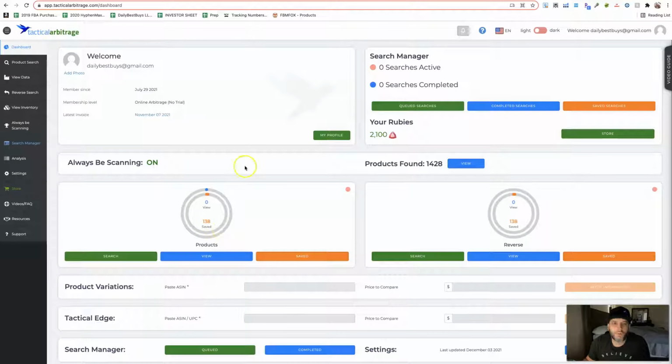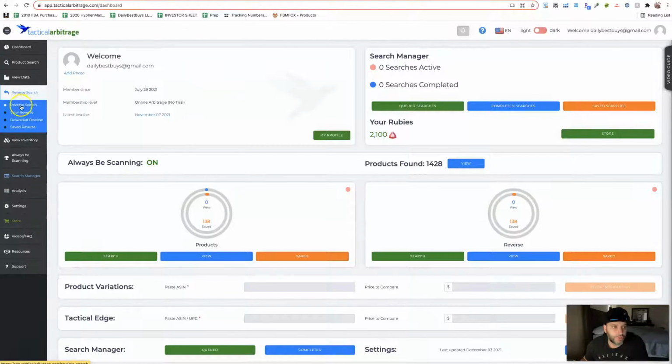Hey, so I'm going to go over what's called reverse search on Tactical Arbitrage, right? And this could be powerful just because it takes a lot of the legwork out of doing manual searching, or even product research where you're searching a full website for profitable items. So if you click right here, reverse search, and go down here,